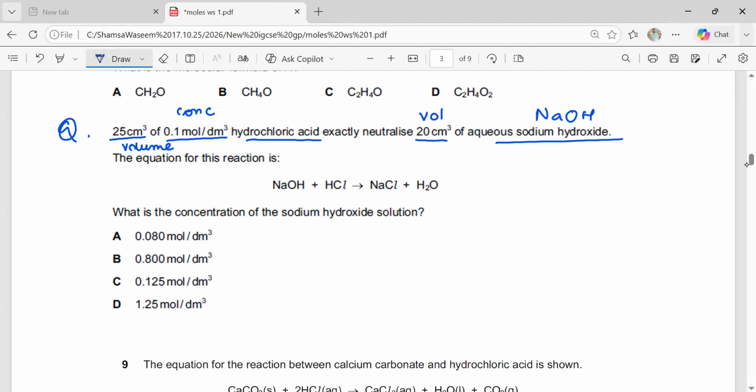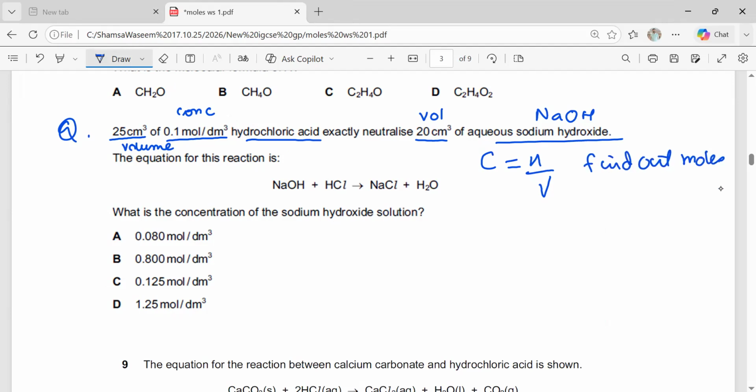Okay. The equation for the reaction is this. What is the concentration of sodium hydroxide? So what you will do, girls, we are going to use a mole bridge. Okay? We are just going to see which species moles you can find out. Can we find out the moles of hydrochloric acid using the formula C is equals to n upon V, mole per unit volume? Yes. Why? Because we are provided with concentration, we are provided volume, so we can find the moles. Anna?